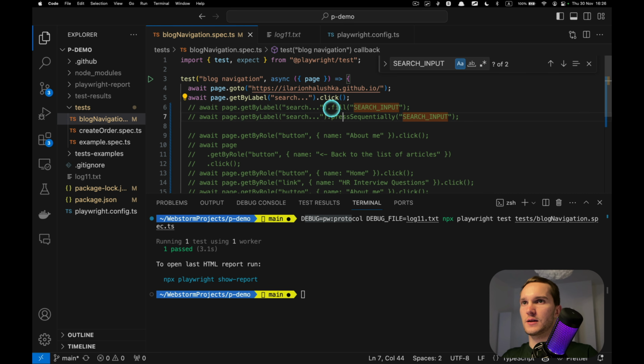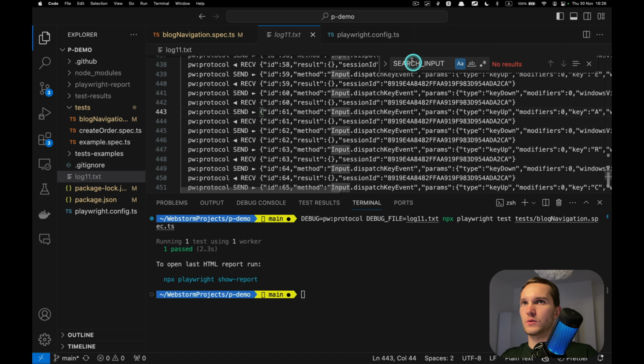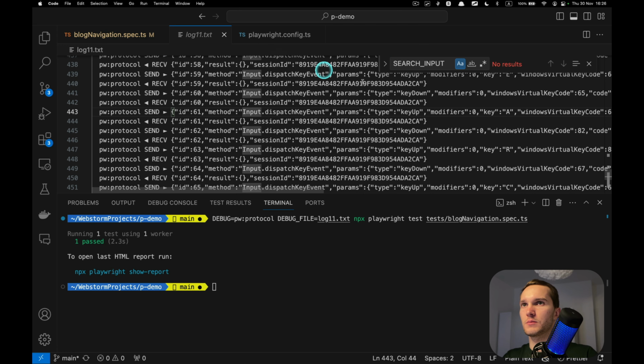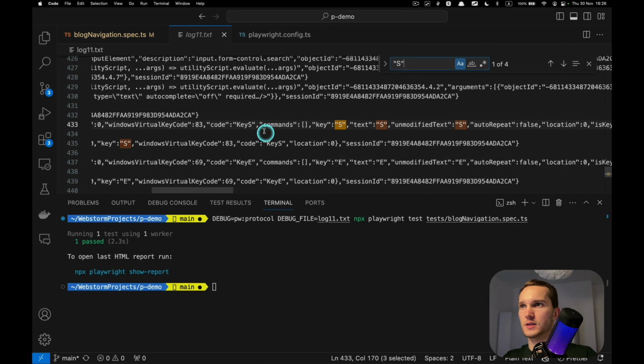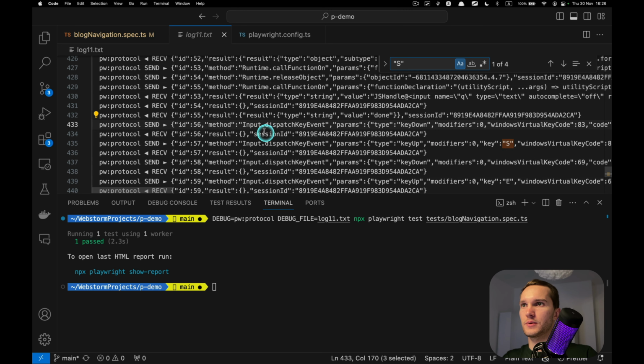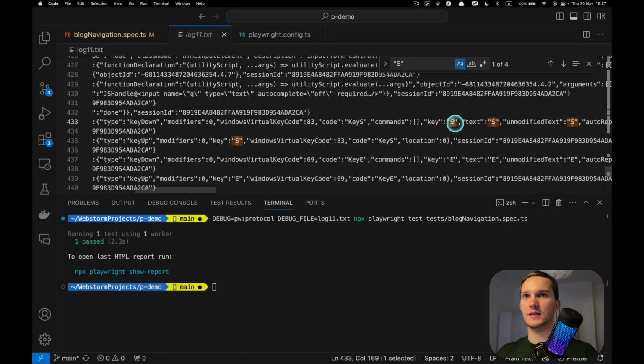And now let's try the same for the press sequentially method. Okay, running. Now we don't have occurrences of this string, but what we do have is s, text, s. As I already told you, Playwright dispatches input events: key down, and this is the key s.